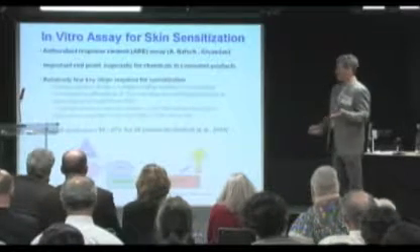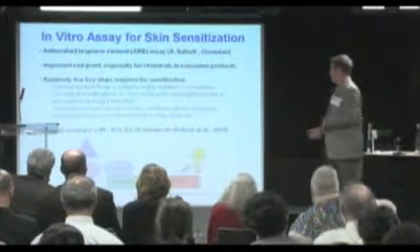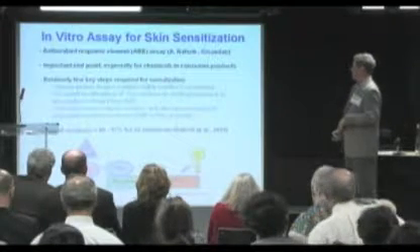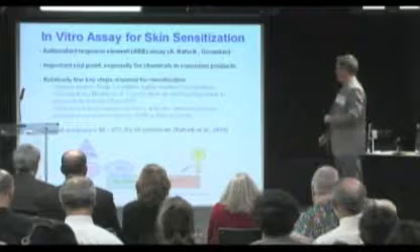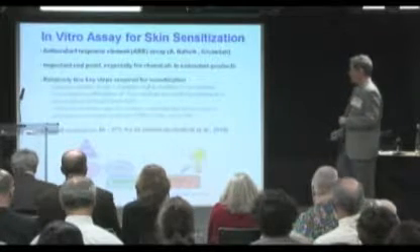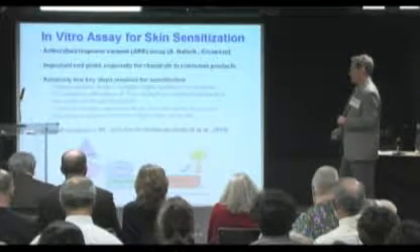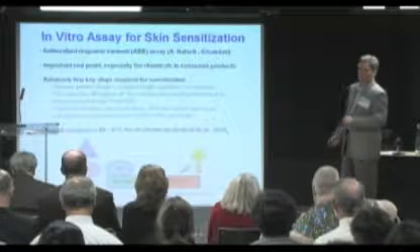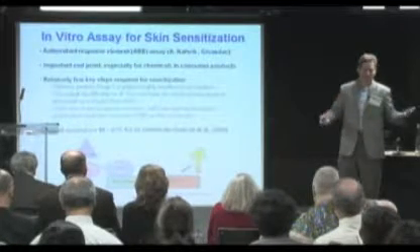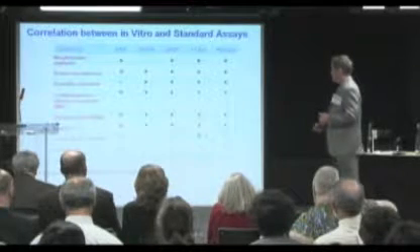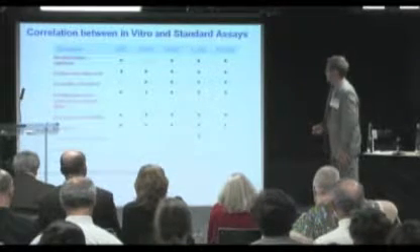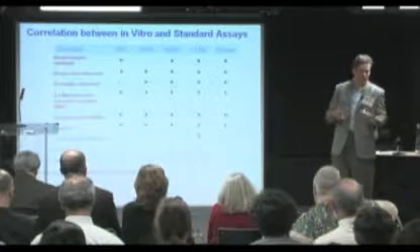And so the numbers so far coming out of this work, this is just one paper from a ring study that I think was done in 4 different labs, are showing predictivity in the 80s and high 90s. Now it's only 28 chemicals, but there are other data sets out there that are pretty much showing similar things. In our lab, we just started working on this a few months ago, but we're seeing similar encouraging results.